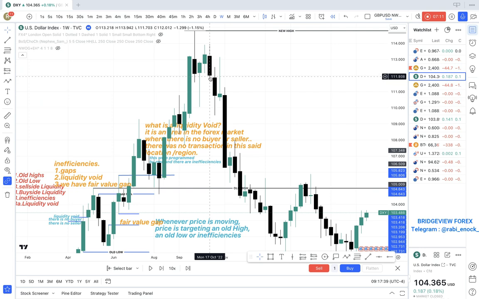So this is also another one. This is an imbalance. This is a liquidity void. So you just come there and look for the close of this. You're going to come here, look for the close. The close is